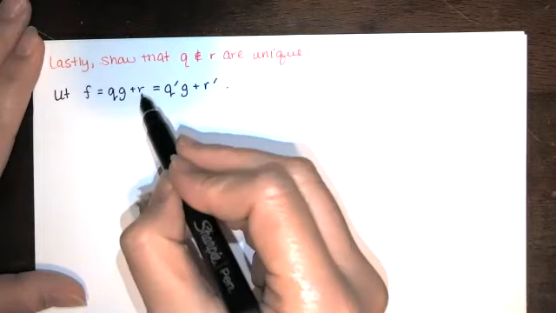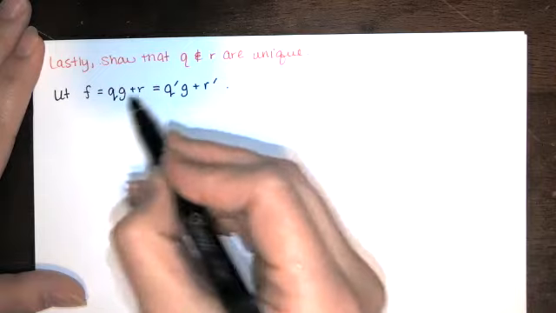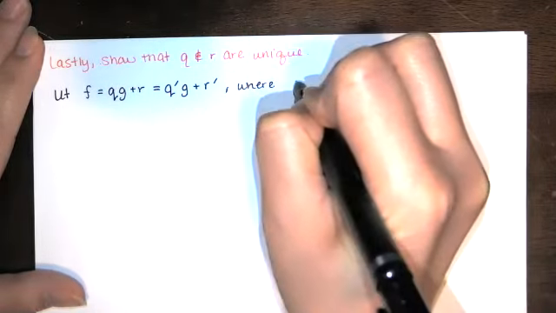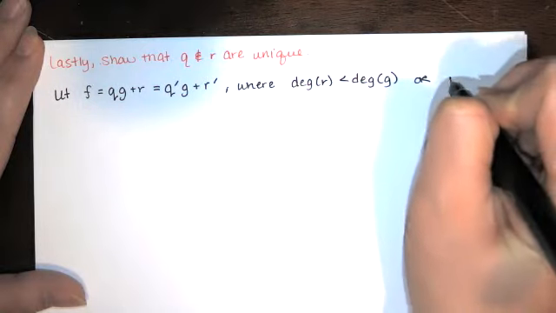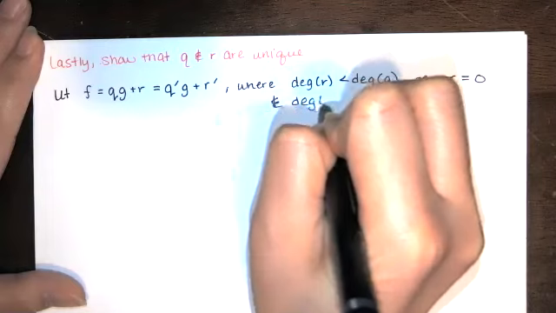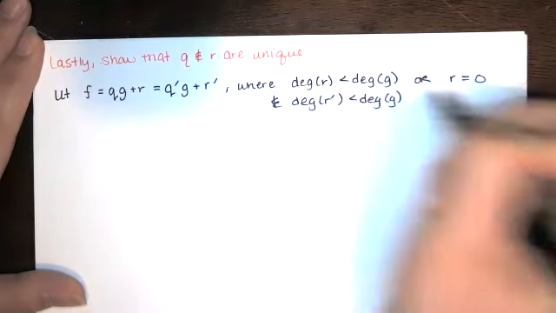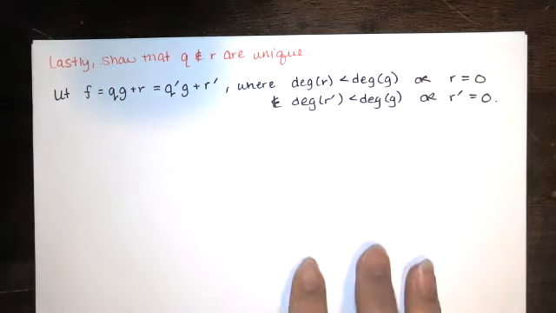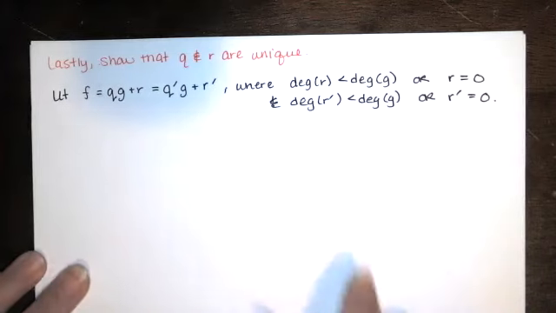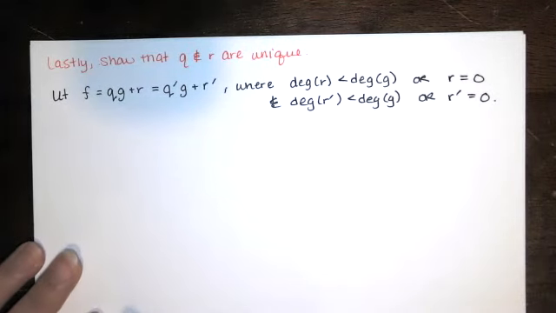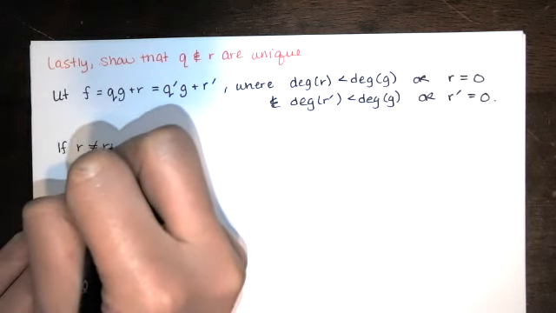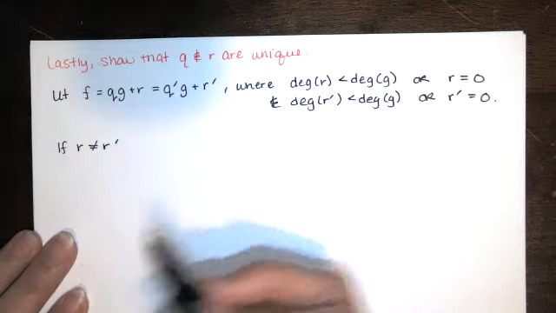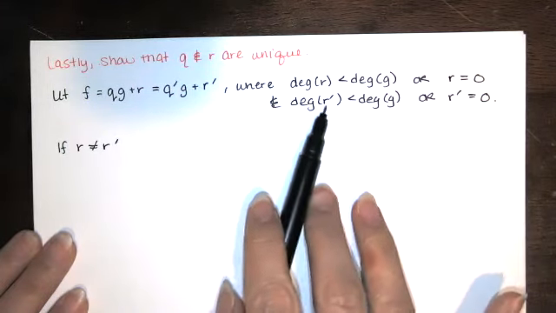Now, in both cases, if this is the result of the division algorithm, the degree of r and the degree of r prime both have to have degree less than g. Again, those are not derivatives. Okay. So one of those is true. Now let's say that they're not equal to each other. If r and r prime are not equal to each other, then if the degree of r is less than the degree of g and the degree of r prime is less than the degree of g,